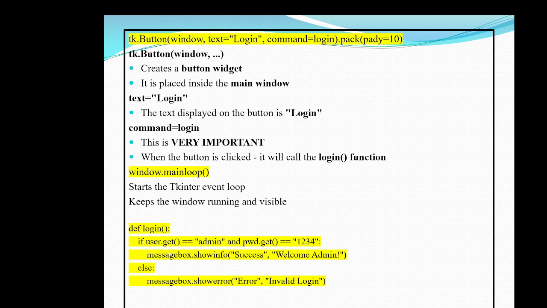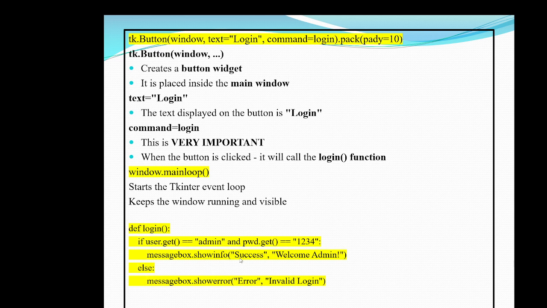What is the content that I have written in this login function? See here. Whenever the first input box, user dot get, that is whatever content the user types in that box, is equal to admin, and the second input box pwd, whatever content I type is accessed using dot get, is equal to 1234, then I use a message box, that means I wanted to display a pop-up message box with this info.